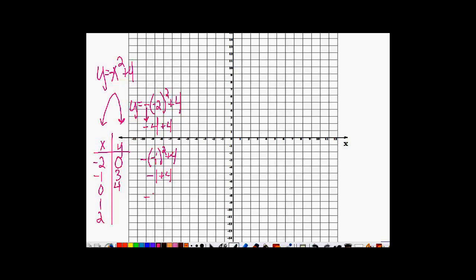If I put in a 1, so that would be 1, -1 plus 4, 3. And then if I put in a 2, so that's going to be 4, -4, and that's going to be 0. So if I plot those points, I've got (-2, 0). I've got (-1, 3). I've got (0, 4). I've got (1, 3). And I've got (2, 0). So this